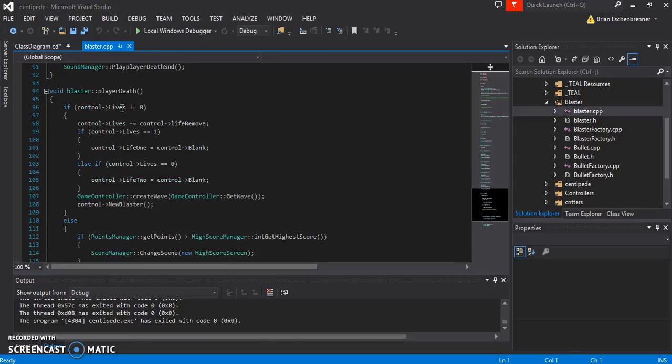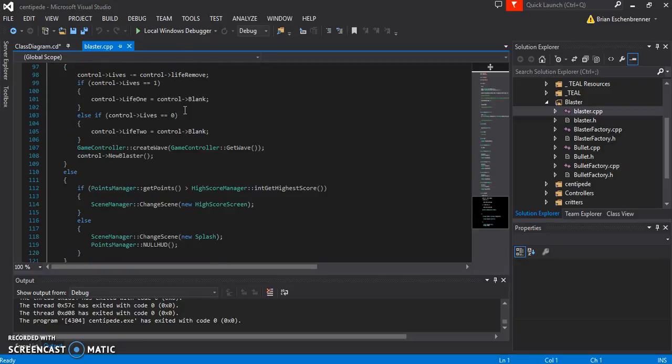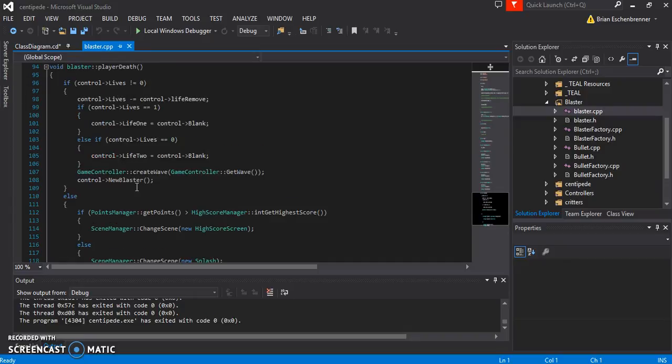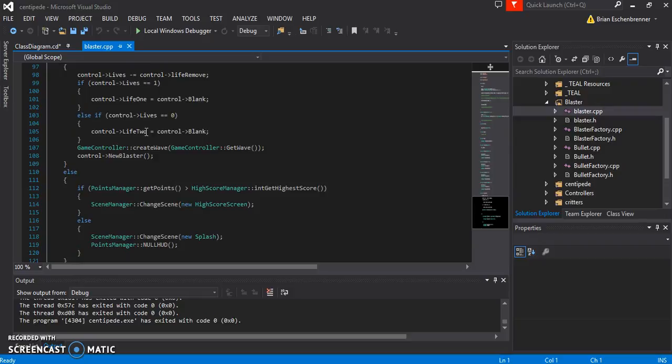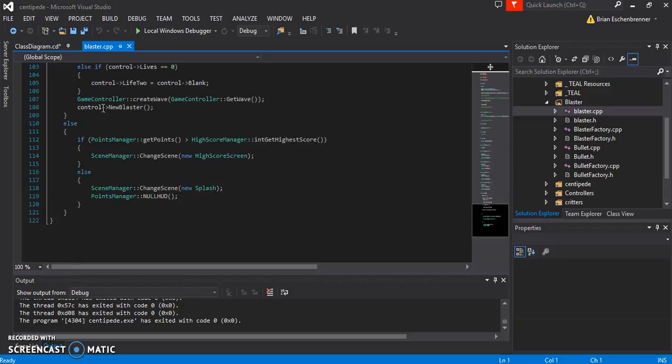So when the player dies, it tells the controller that it lost a life, and then the controller has to keep track if it has 1 or 2 lives because it draws the two blasters in the top left for your life. Then it tells the game controller to create a new wave at the wave that it's currently at, and then it tells the controller to create a new blaster since this blaster is being destroyed. However, if it's your last life,